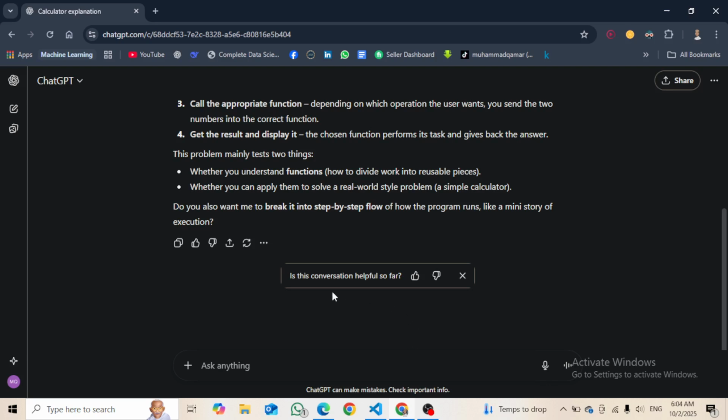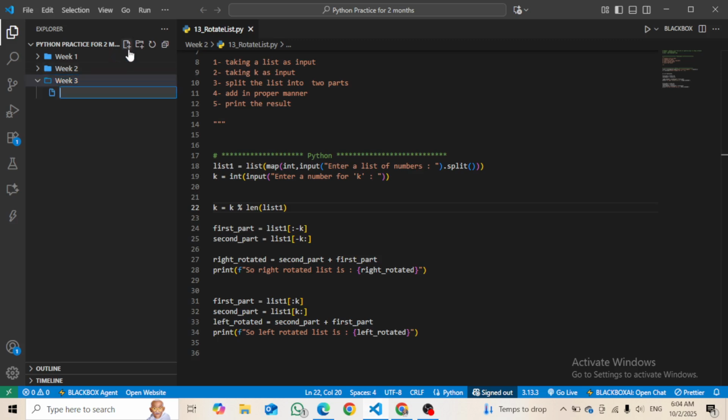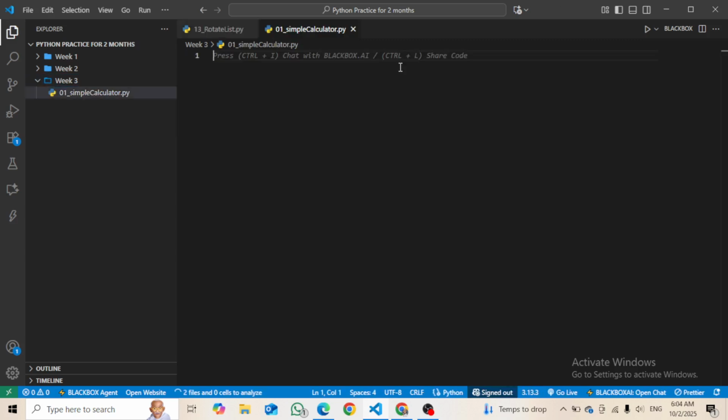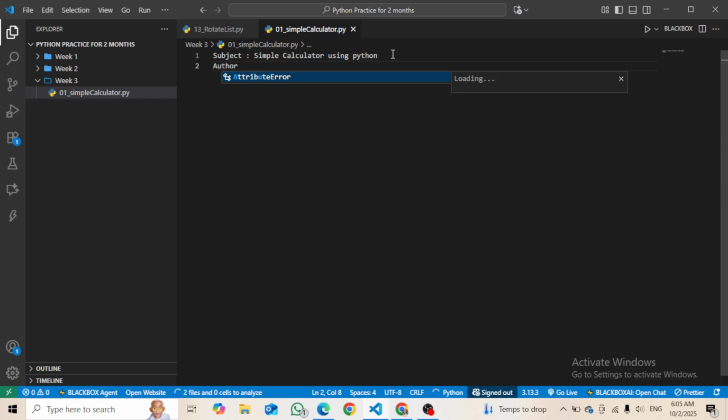Okay, so let's make a file here. We are going to make a file here in week 3, which is going to be number 1 file, and then simple calculator.py. Okay, here I will write the subject, which is simple calculator using Python, right? Using Python, and then I will also add the author name here, which is going to be my name,